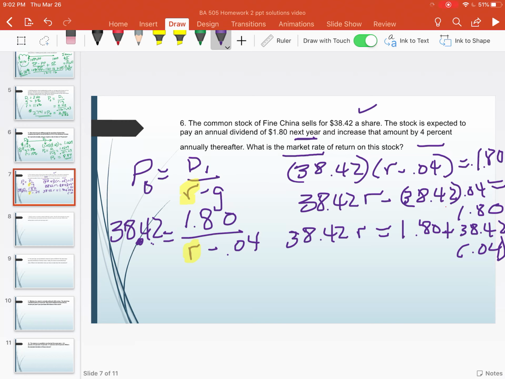And again, we're going to come out to be 38.42R is equal to, again,